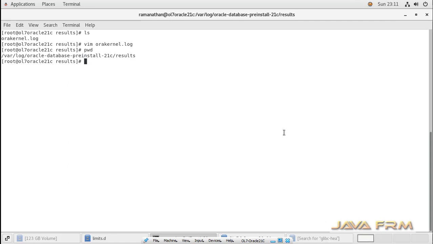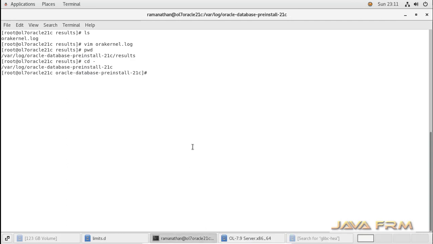Okay, so these are the tasks done by the Oracle Database pre-install 21c RPM. Now we are going to install the Oracle Database 21c Express Edition RPM. The pre-install RPM makes the necessary configuration changes. Now the Oracle Database 21c Express Edition RPM will install and configure Oracle Database.